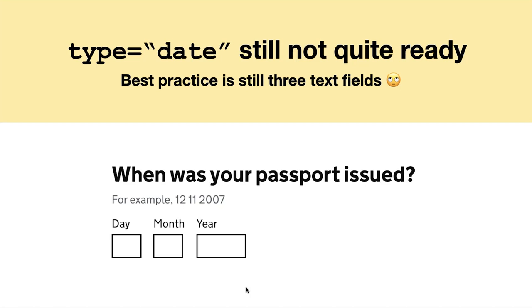And so, yeah, it's not quite there for Safari, and there's a couple of edge case issues with some screen readers and some browsers, which are slowly fading away. But unfortunately, at this moment in time, probably the best thing to do for a date still is to have what GDS does, which is 3 separate fields and give an explanation like this, which kind of sucks, to be honest. Wish there was a better way, but yeah.